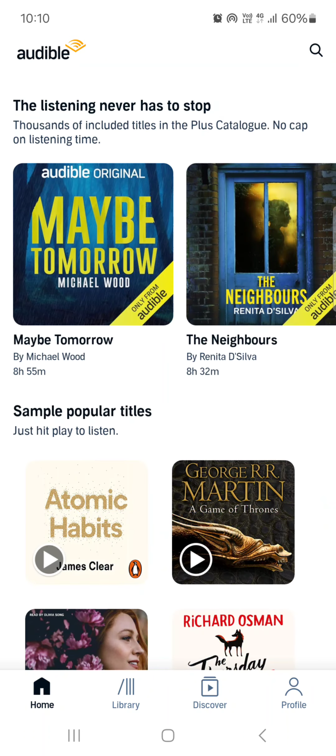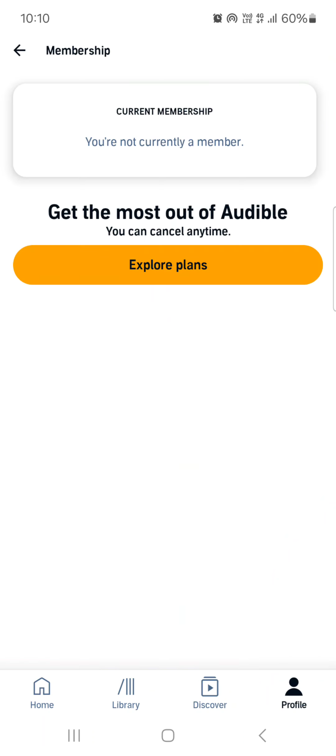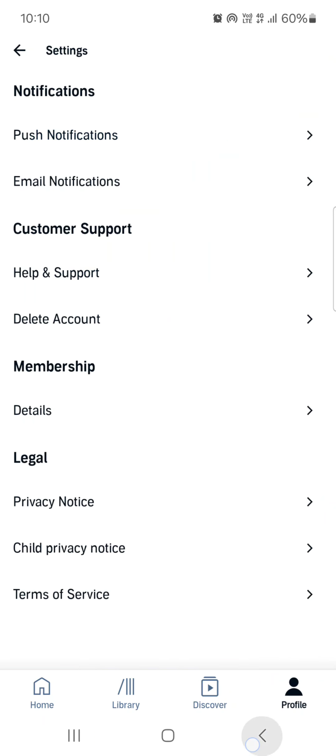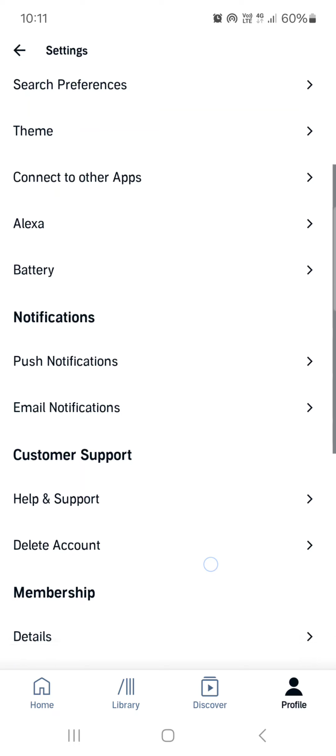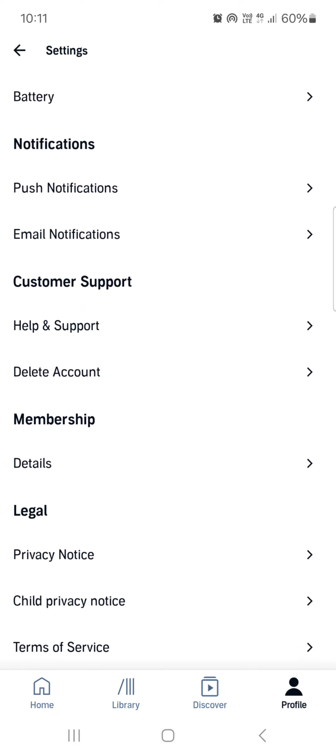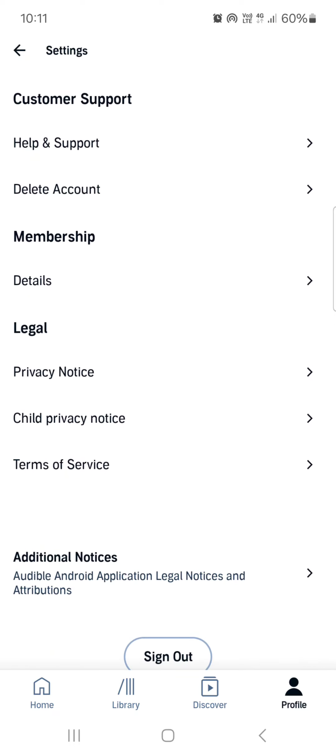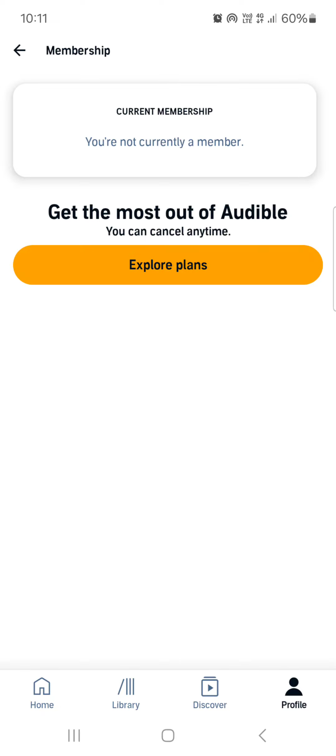From here we just go into the profile menu, which opens up like this. From here we just go into the top right corner, tap on the cog icon, then we scroll down and under membership we have details. We tap on this, and then if we don't have a membership so far, as it is in our case,